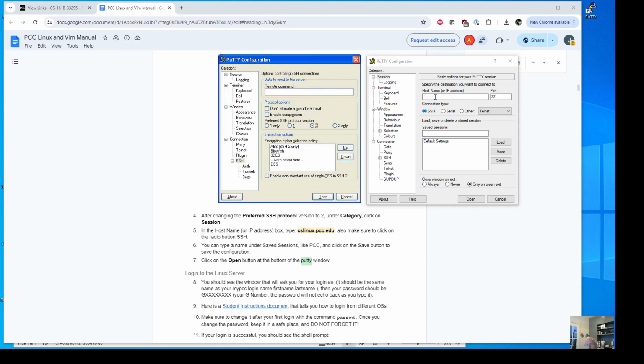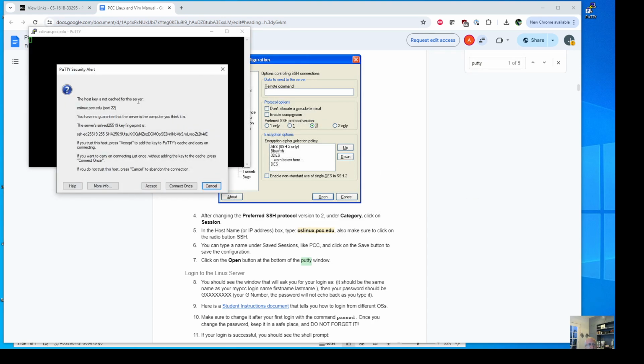But we're going to use SSH, which is a secure shell method of connecting. And our user, or our host that we're going to log into, is cslinux.pcu.edu. You can see that down here. Okay. And when I click open, the first time you run it, you're going to get this mumbo jumbo here that says,